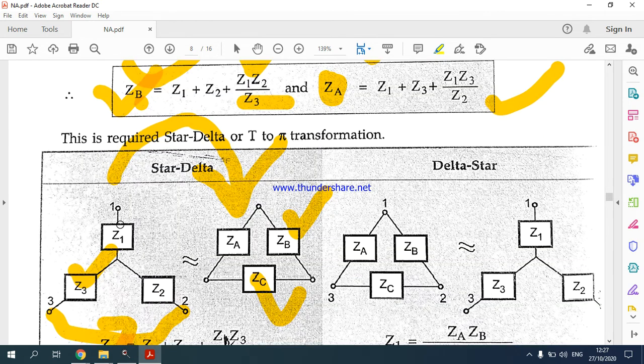Here you should remember that I am using impedance Z. Okay, tell me, any one of you tell me what is the difference between impedance and resistor? Here Z means it is not just a simple resistor. What is the difference between impedance and resistor? Yes, Pragati.